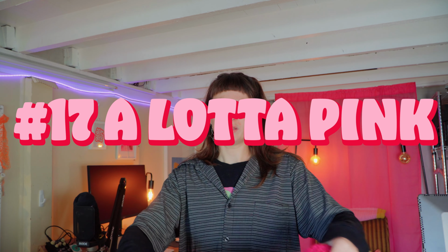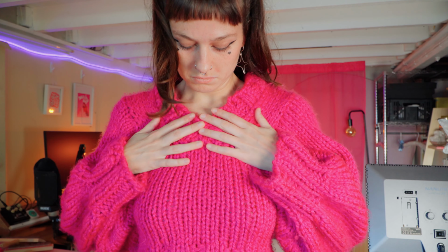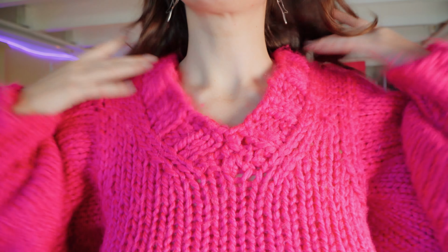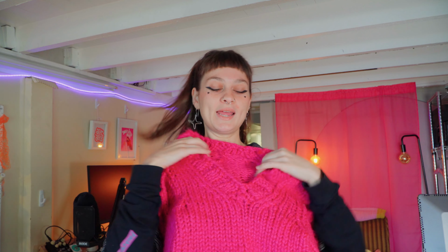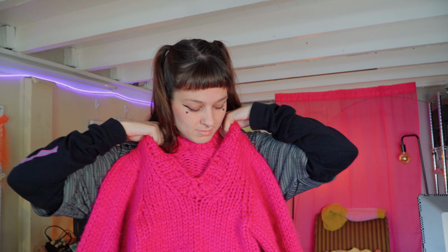All my knits just fell on the floor. This is also an early knit, which has pilled like crazy. It's made from acrylic, so of course, but it's this big chunky jumper vest thing. Wait, I have made a v-neck thing. I just forgot about it because it's at the bottom of my...